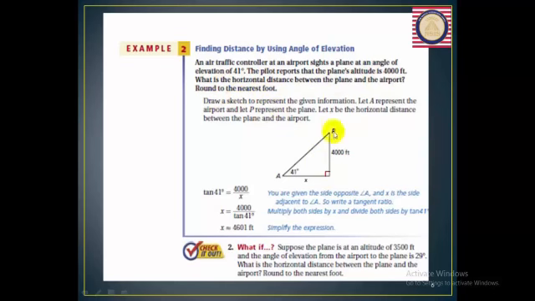We're going to sketch it from the word problem. So I have A represent the airport and B represent the plane, and of course the angle of elevation, which is 41 degrees from the horizontal, which is x here. x is the horizontal distance between the plane and the airport, and of course 4,000 feet is the height or the altitude. So if I want to get x in this right angle triangle,